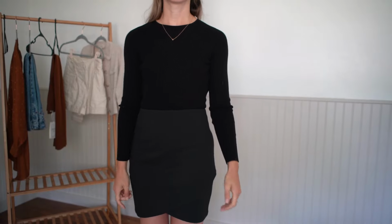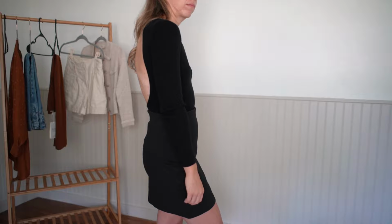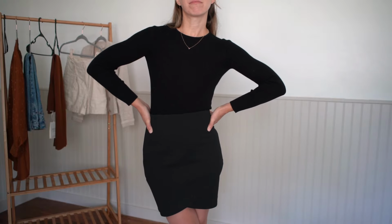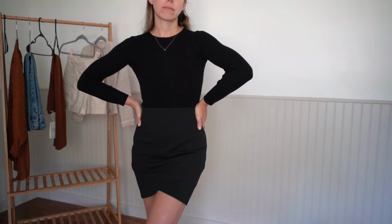It comes in a load of different sizes, I believe extra small all the way up to extra large. I got the small. I probably should have gone down a size to the extra small, because while the small fit in the waist and it fit well, it didn't quite have that tightness that I think this skirt was meant to have. So if you remember the bandage skirts of years and years ago during my probably teenage years, this is a bit reminiscent of that in that it is supposed to fit a bit tighter throughout the hips. So I got this in a small, and I feel like the fit is not quite right,